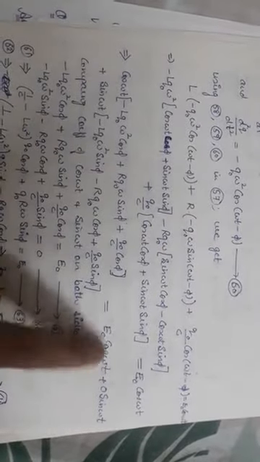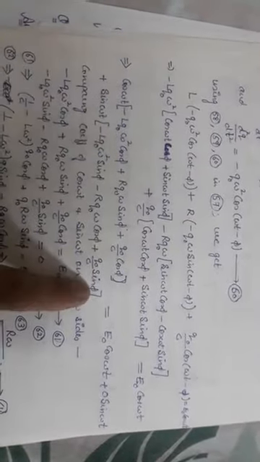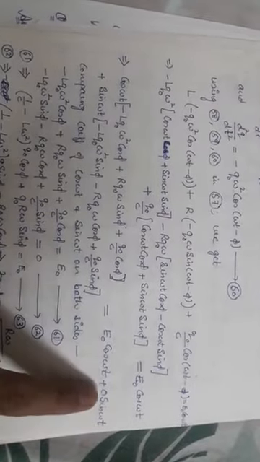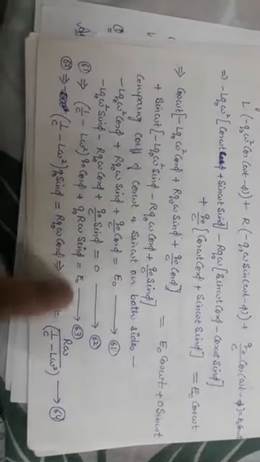On the left hand side, the coefficient of cos omega t is this bracketed quantity, and on the right hand side the coefficient of cos omega t is E naught. So this becomes equation 61. Now the coefficient of sin omega t on the left hand side is this bracketed quantity, and on the right hand side the coefficient of sin omega t comes out to be 0. So simply, solve this equation 61, and you will get equation 63.